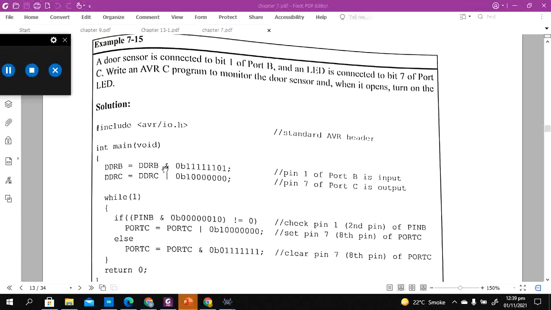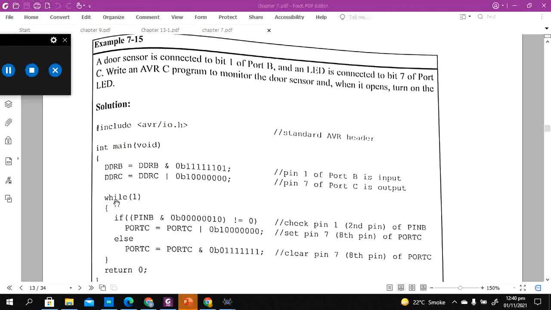We'll make the input ports, we'll make the output ports, and we'll only try to configure the pins that are assigned to us, and we'll leave the others unchanged. And this is how it can be done with the help of a mask. Note that we are not making all the ports as input or output. We are only selecting the pins that are given to us to configure as input or output.